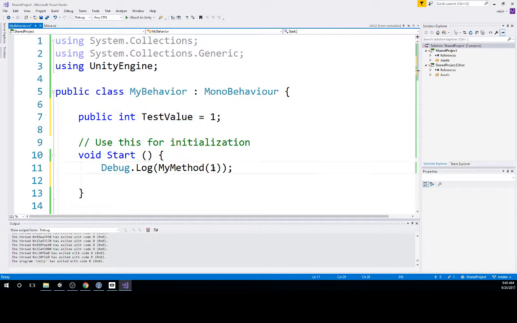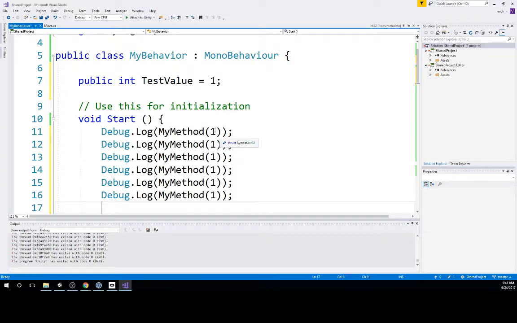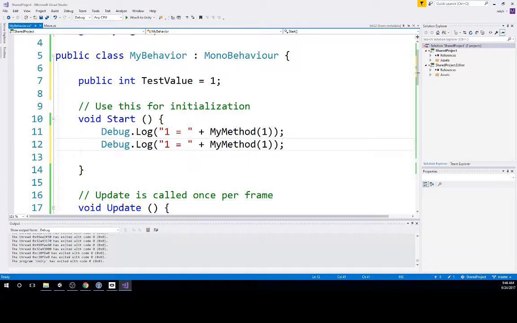We could do it this way as well. Or you can just do a bunch of them here. And you can even output it so it's pretty, like 1 equals this. We'll just do a couple. Our second example was 55, so we can say 55. This part right here is just to create a nice looking string in the output. So we can see